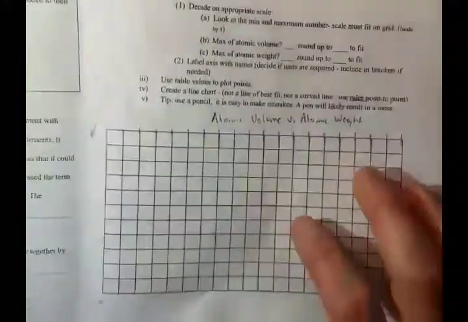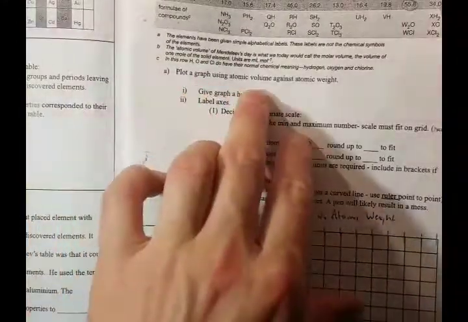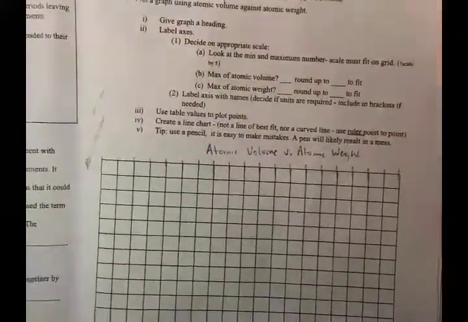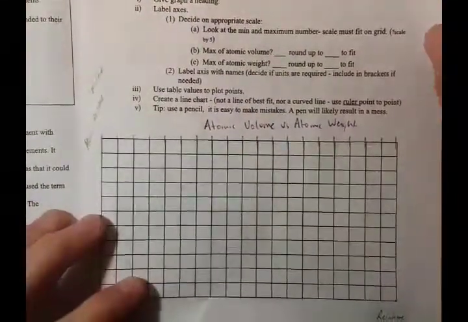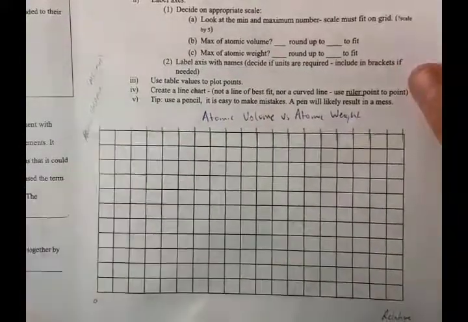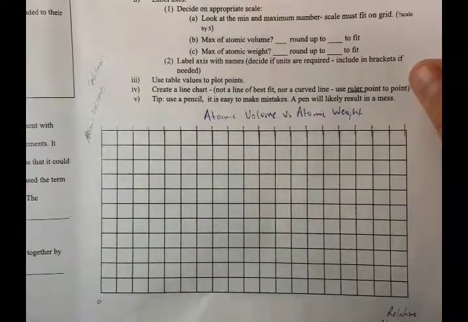So what we've got is a graph. Okay, we've got some data here, a secondary source of information, and we're going to try to plot a graph using atomic volume against atomic weight. So the first thing you want to do is label your graph. Okay, so we're just practicing some skills here in graphing. So here we've got atomic volume on the y-axis and atomic weight, which we know is relative atomic mass,